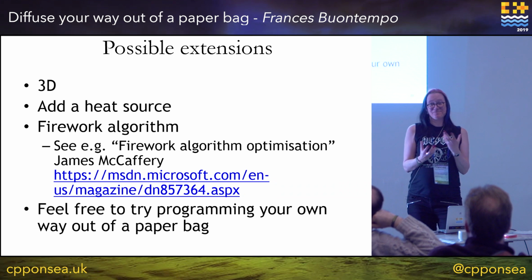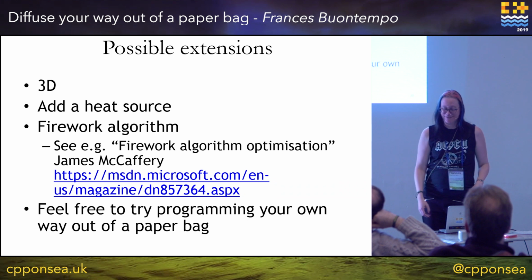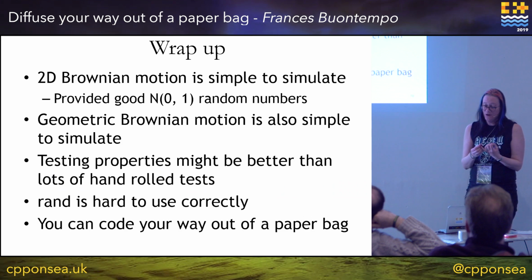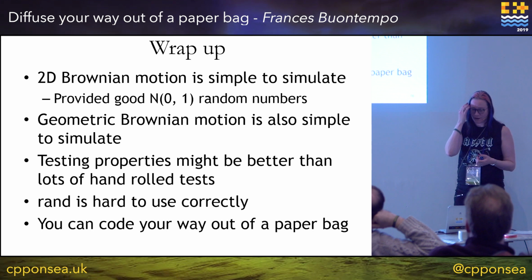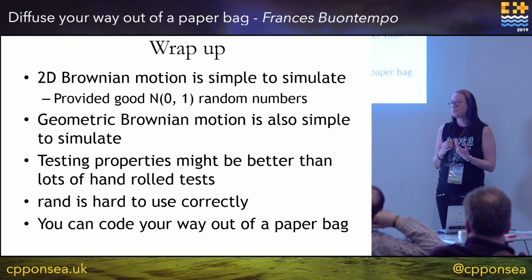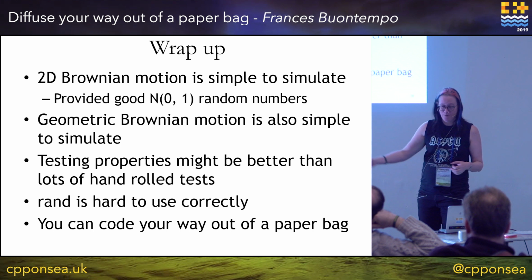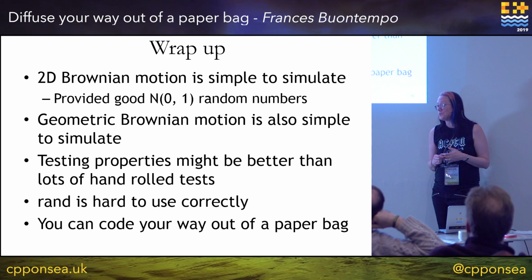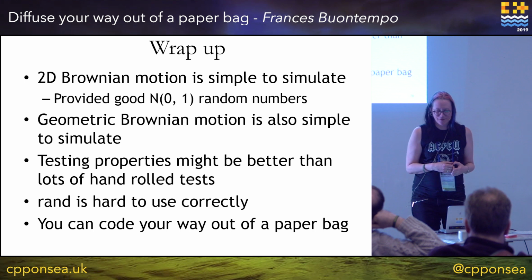Find some pet project to play with and just have a place that you can play with things, see what happens. That's about it. So we've done some Brownian motion, which is a type of random walk. As long as we've got some good random numbers, just adding them up, we moved. Geometric Brownian motion is quite simple to set up as well. That involves some multiplying. It's not so hard.